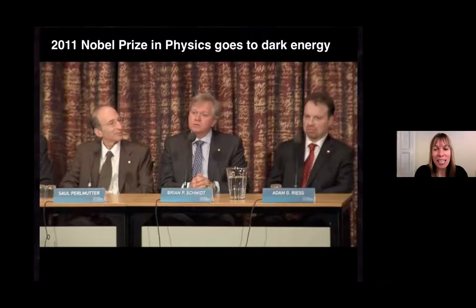Now, had it just been the plucky Australian team, everyone would have gone, no, that's ridiculous. We can't simply have some energy source popping out of nowhere, causing our expansion to accelerate. But then about 2 months later, the Perlmutter team, the big team with the big telescope and all of the ideas and all of the original research, got more data and found exactly the same thing. So that is how you ended up with both of these teams getting the Nobel Prize for the discovery of the accelerated expansion of our universe.